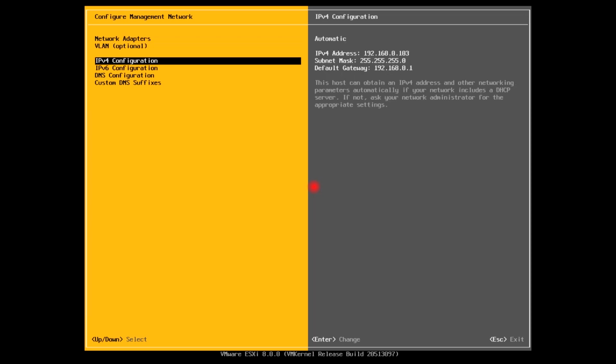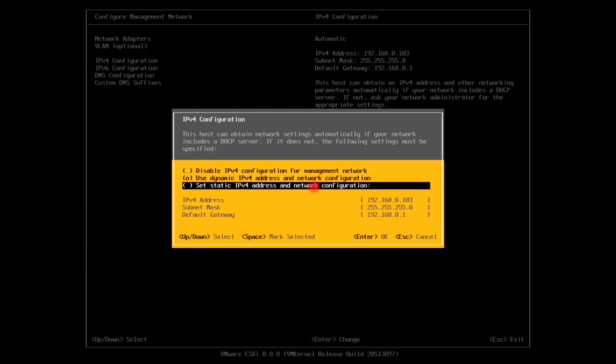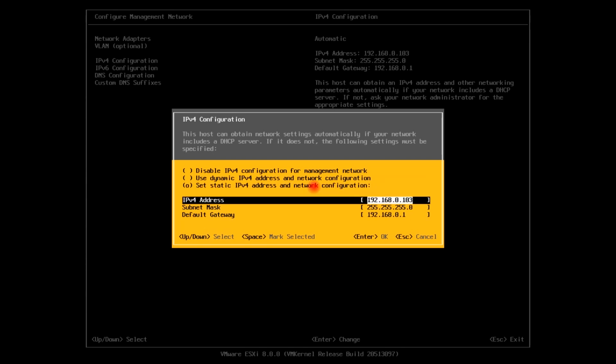I will go to IPv4 configuration and I will hit enter here. I will select this by the space button, set static IPv4 address, and I will provide the IP address to my host as 192.168.0.144.